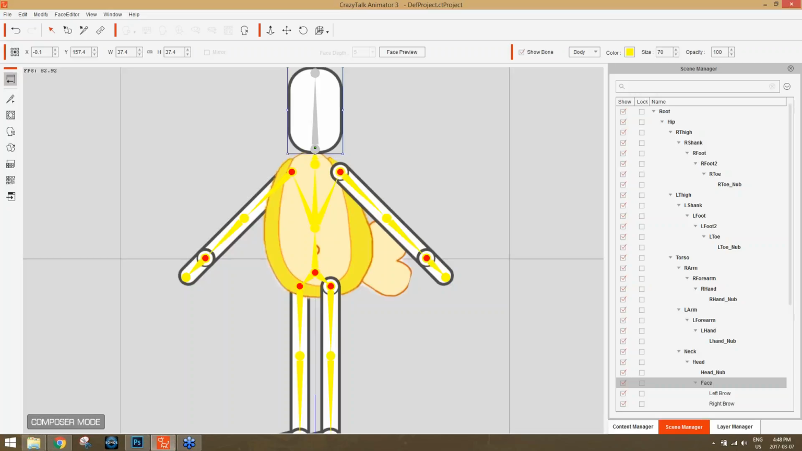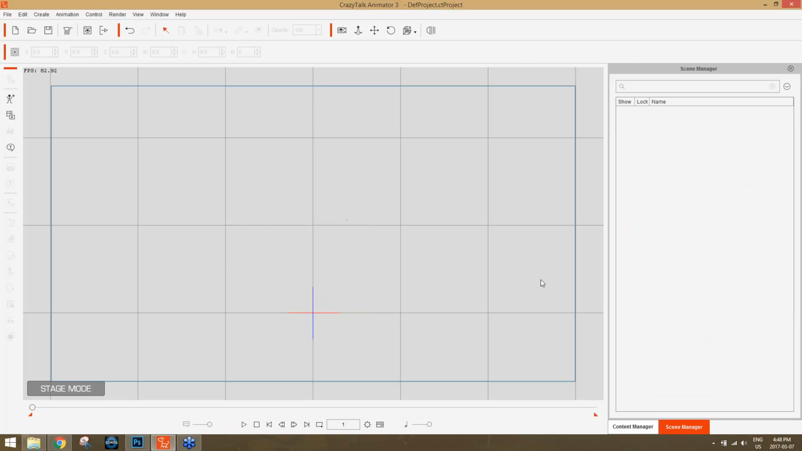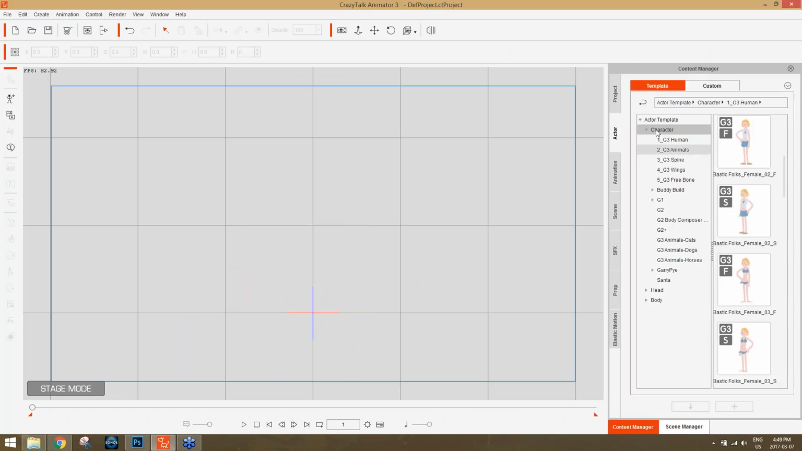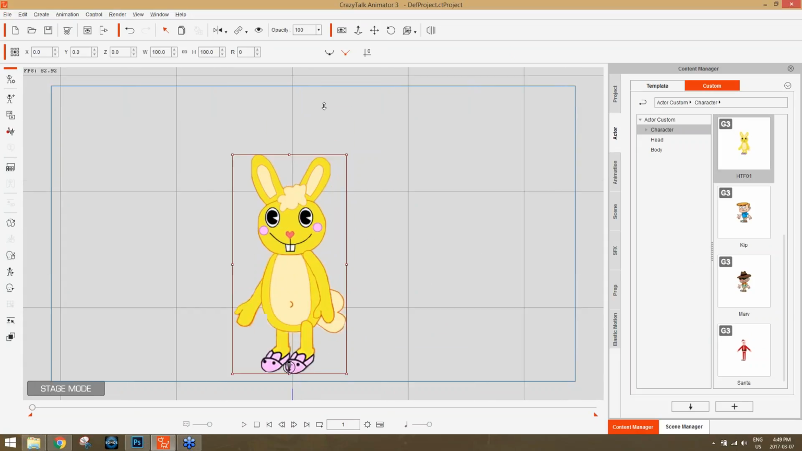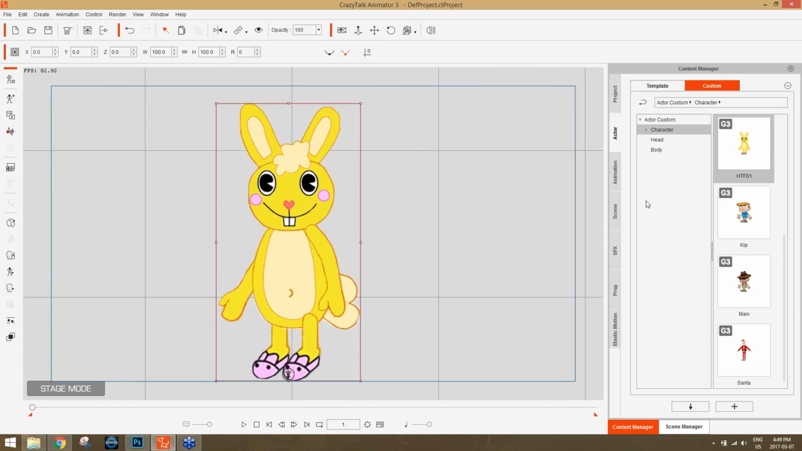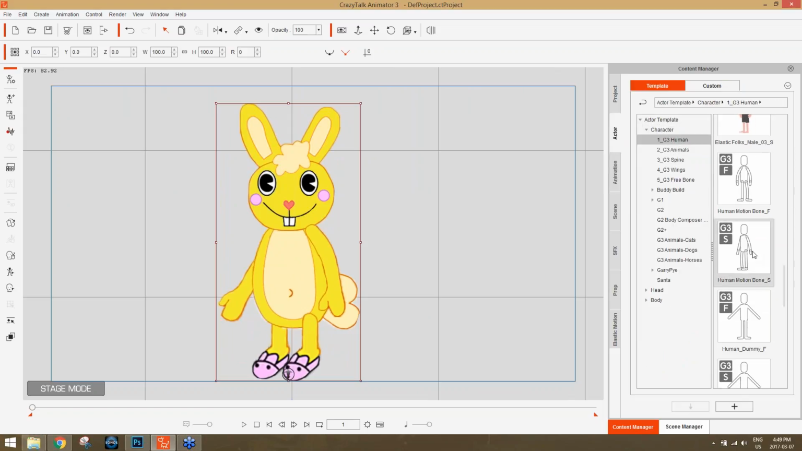Once that's all finished, you'll have a character. I'm skipping a lot of steps here, but you get the point. Basically, those are the steps. Once your character's finished, you save it as a custom character. I already have mine saved right here, Happy Tree Friend 01. And here's the character. Because I use this actor template, the human bone right here,